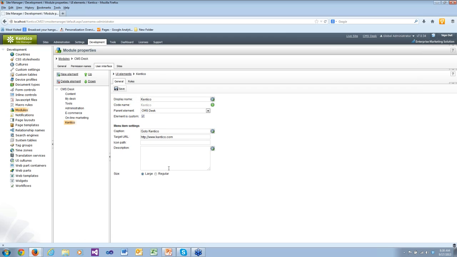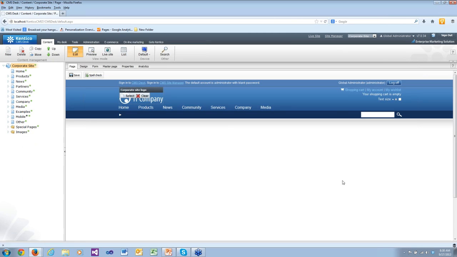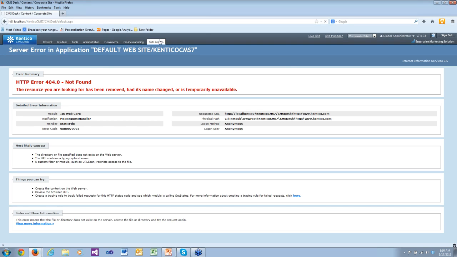And you'll notice that I've actually got now 6 items. And I'm going to flip over to CMS Desk. And you'll notice that within CMS Desk, I've now got to go to Kentico at the top. Oops. And I must have made